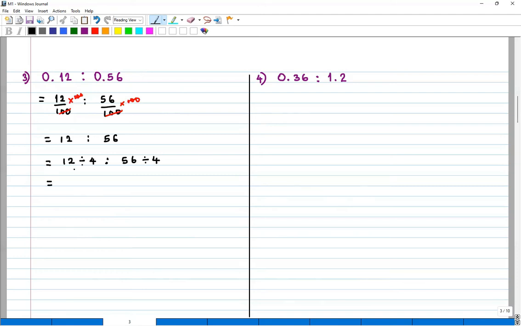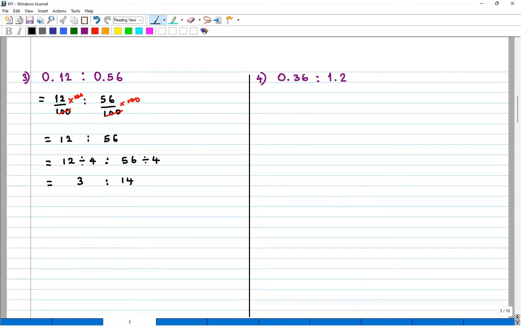So 12 divided by 4, we are going to come up with 3. And 56 divided by 4, we are going to get 14. You see that? Now, we have 3 to 14 as the simplest form of the ratio